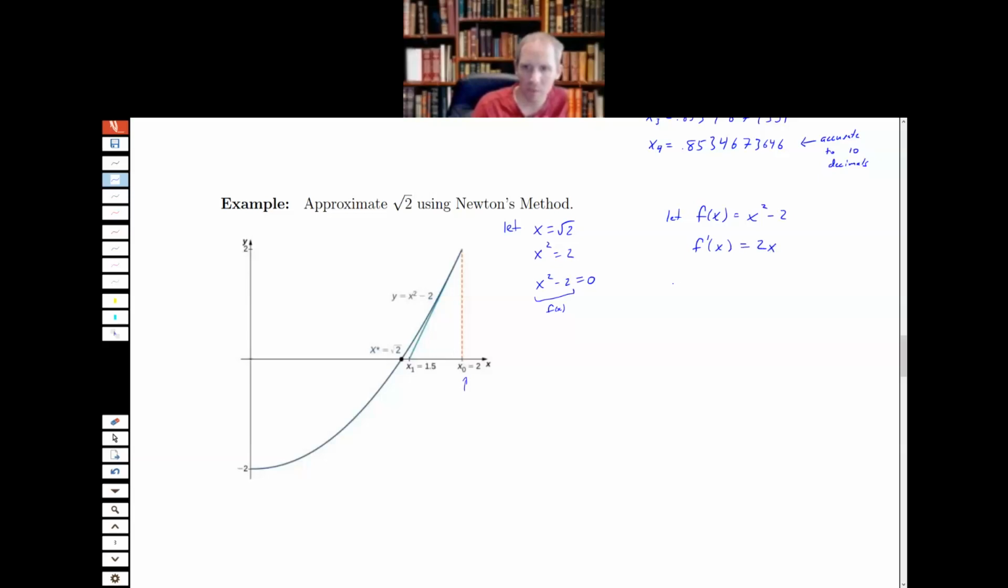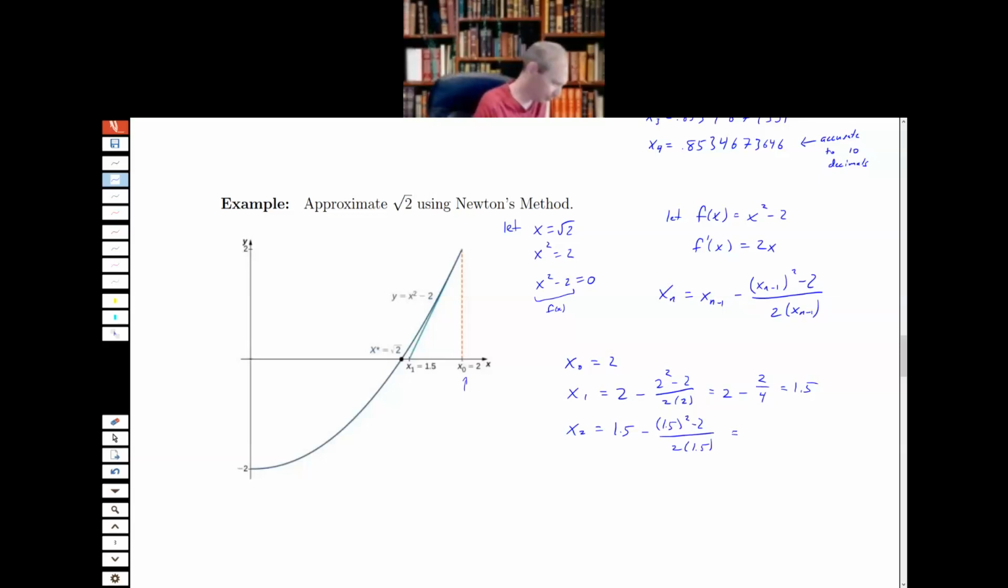So f of x equals x squared minus 2, and f prime of x is 2x. And then the formula for Newton's method is x_n equals x_{n-1} minus, take that previous guess squared minus 2, over 2 times that previous guess. So if my x0 is equal to 2, my x1 is going to be 2 minus (2 squared minus 2) over (2 times 2). So 2 squared is 4, minus 2 is 2. So I have 2 minus a half, or 1.5. And then my next guess is going to be 1.5 minus (1.5 squared minus 2) over (2 times 1.5), which comes out to